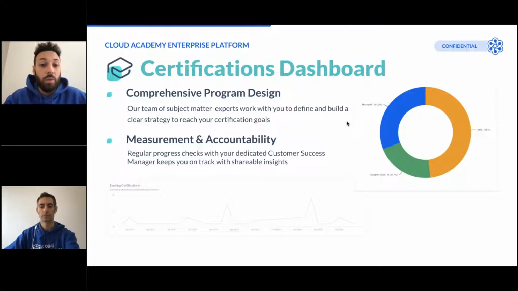So we truly believe in the importance of this part. The certification dashboard, as I said, is one of the intelligence information that you can see on the platform. So we give you the opportunity to take a look at this data. You can create some dashboard reports and for sure download this information and integrate this data with other information that you have in your organization.